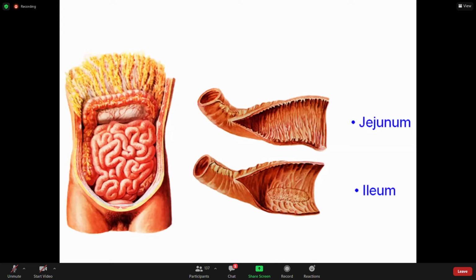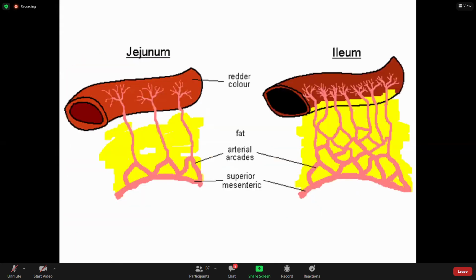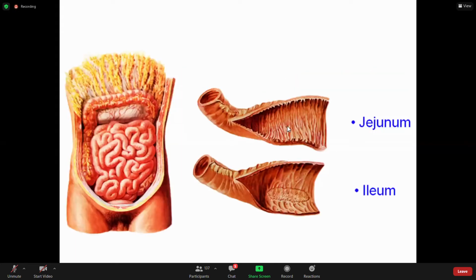Now the next difference which you may not be able to see with your naked eye here, but yes, you can see those differences with the help of a hand lens, and even with very minimum magnification. That is the characteristic features of villi, which I showed you in the general features of the villi. So in case of duodenum, the number of villi is more as compared to your ileum. So villi will be more in duodenum.